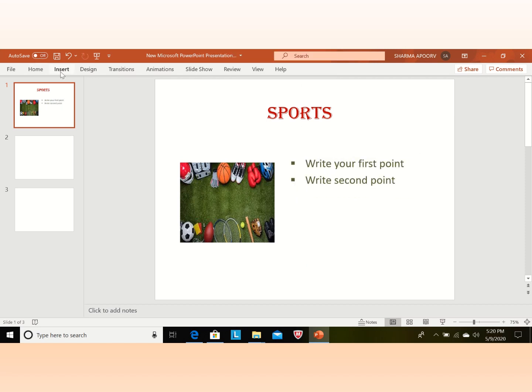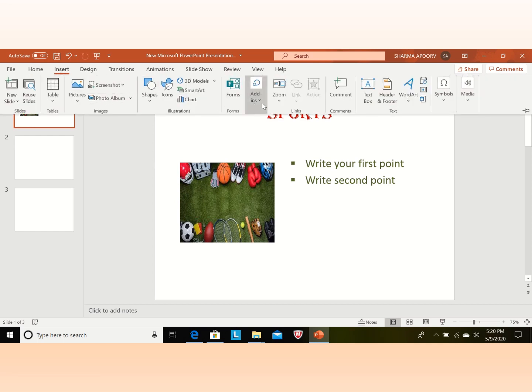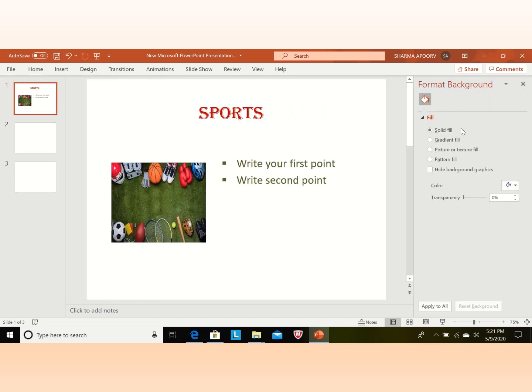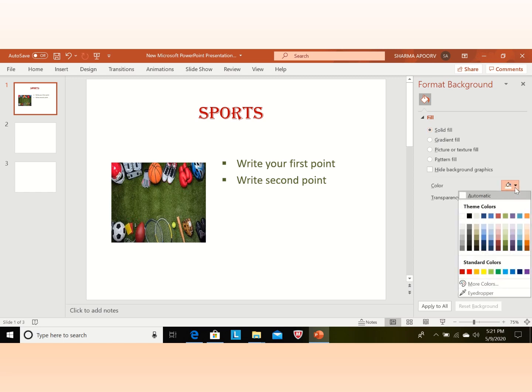Okay, now I am inserting background. So we go to the design. First we are using this option, format background. If we select this, it will display the background color in solid. It will insert a single color background like this.